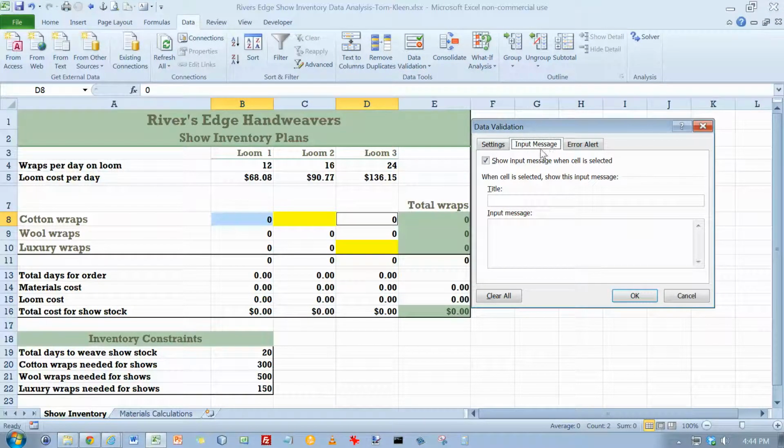And display the input message options, and the title, we're going to put number of cotton wraps, and the input message down here is going to be enter the number of. Okay, so we type in the input message, click the error alert tab,